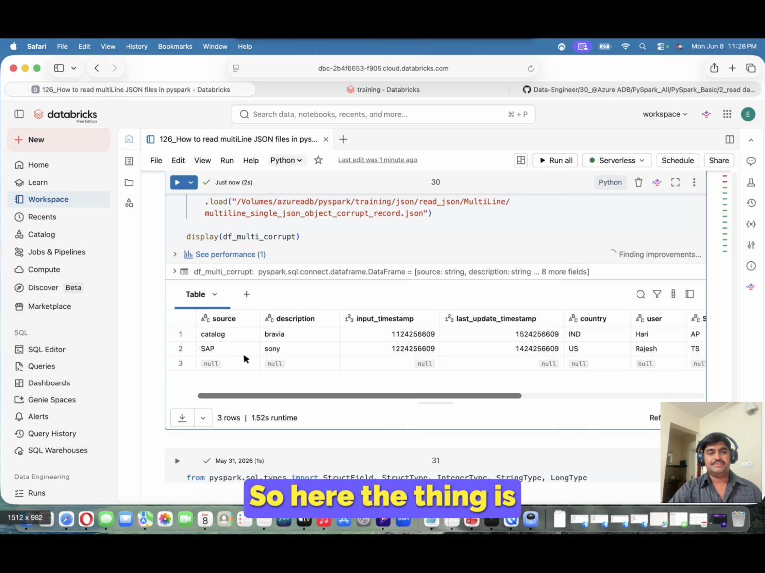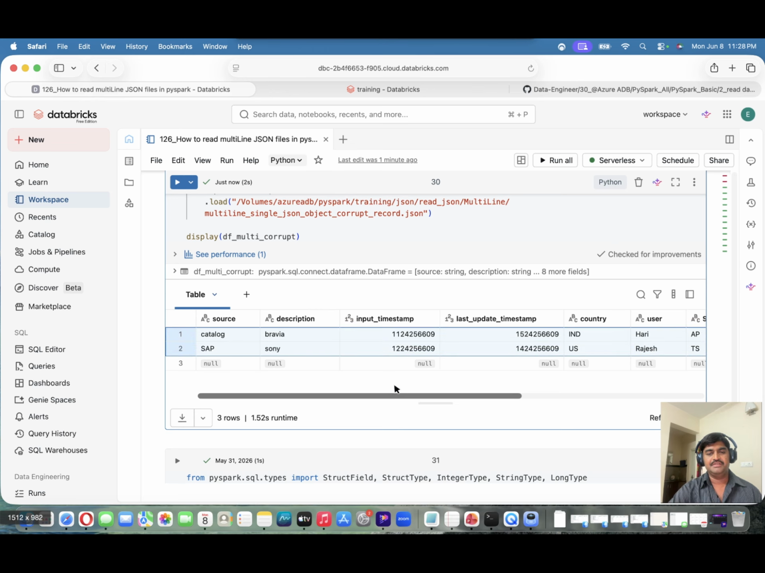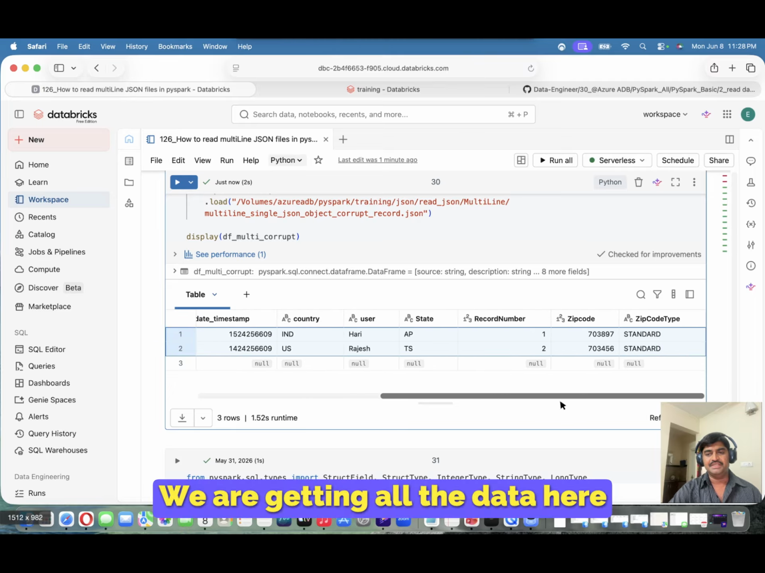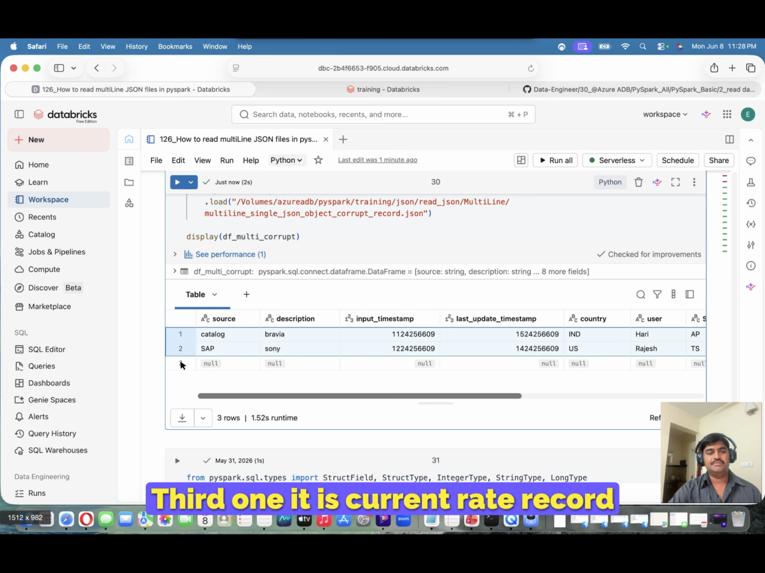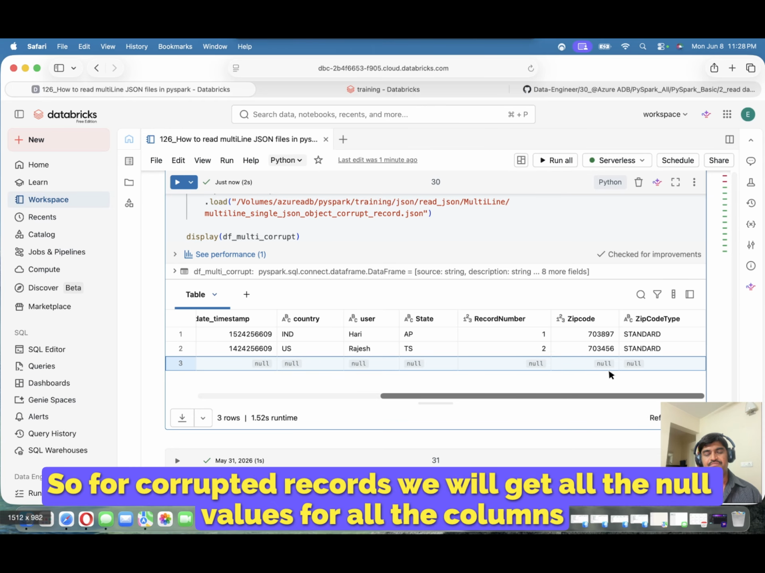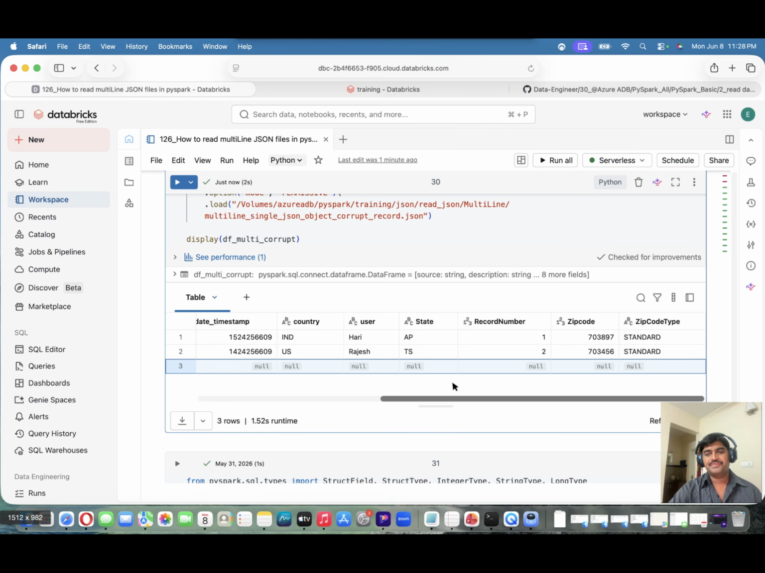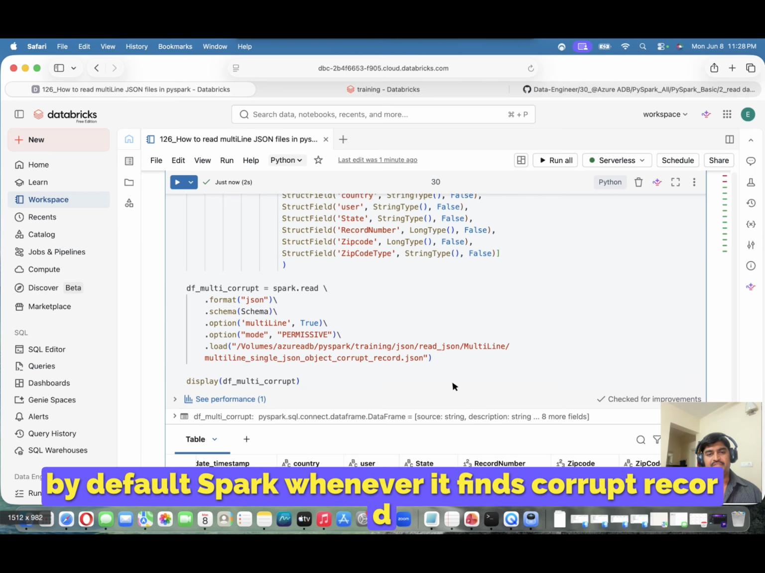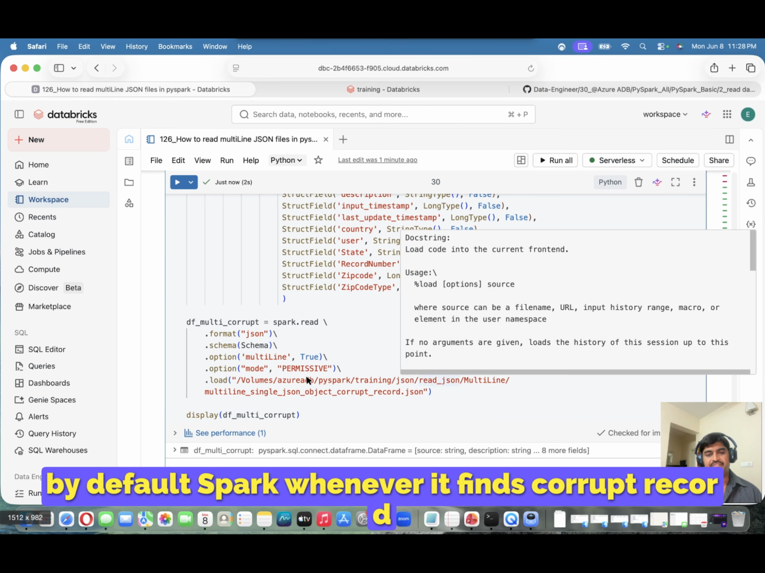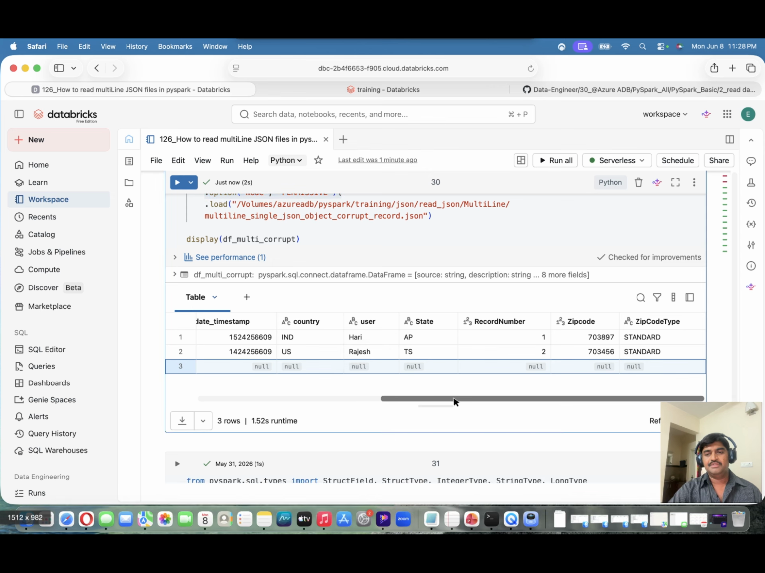So here the thing is, as we saw, the first two objects are clean data. So we are getting all the data here. And the third one is a corrupted record. So for corrupted records, we'll get all null values for all the columns. But here the issue is, by default, Spark, whenever it finds a corrupt record, and by using this option, what it should do is